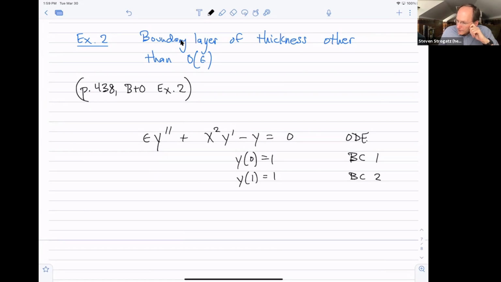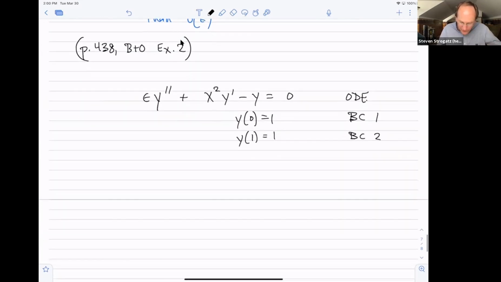I asked Mathematica to solve this one exactly, and it couldn't do it. So that was interesting. I may not be doing it correctly. I even asked it to solve it asymptotically, and it couldn't do that. So that was interesting to me. When I asked it to do asymptotic DSolve, it couldn't do it. Again, I may not know what I'm doing, so maybe you can get it to work, but I couldn't get it to help. So we actually have to use our brain on it.